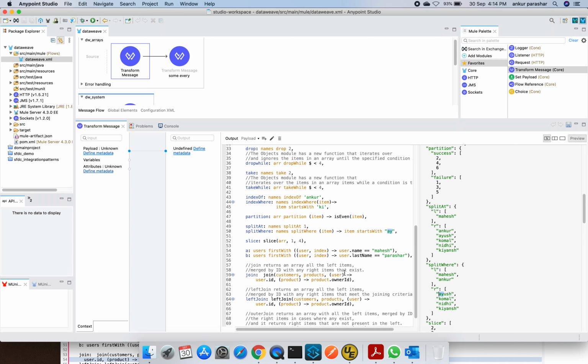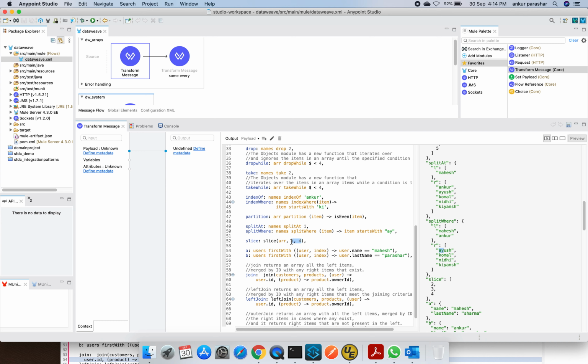Now the next function is slice. Slice is like cutting down a particular array based on the positions. An important thing to note is that here are two indexes, 4 and 1.